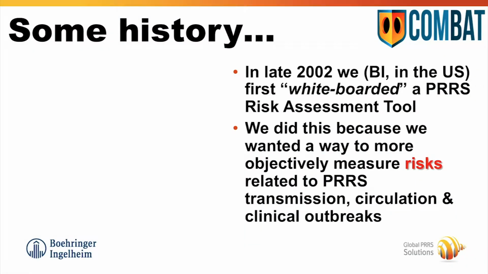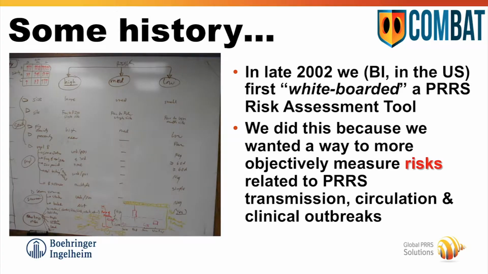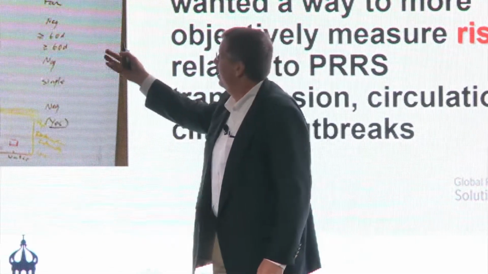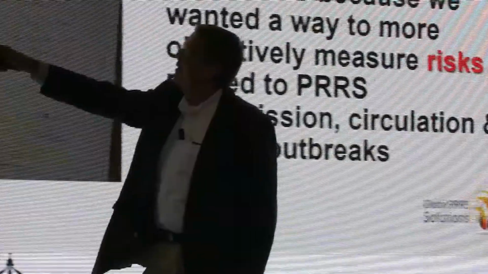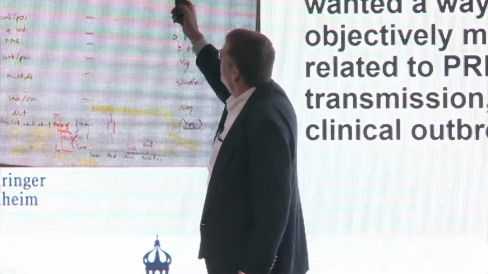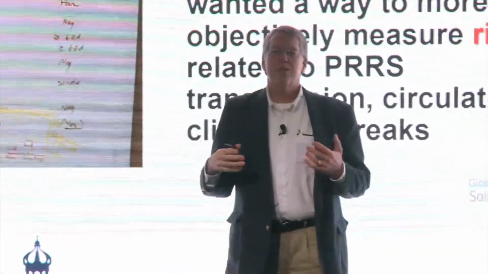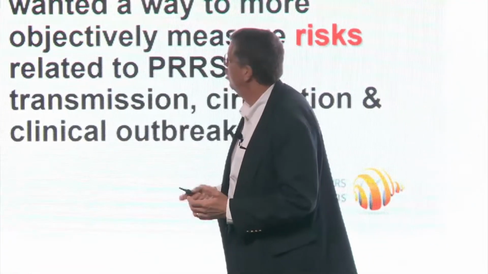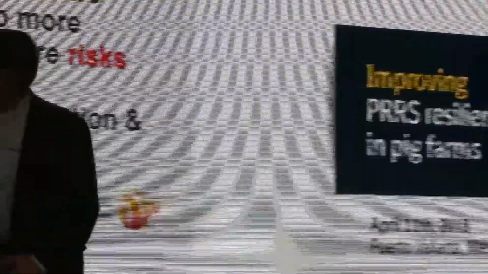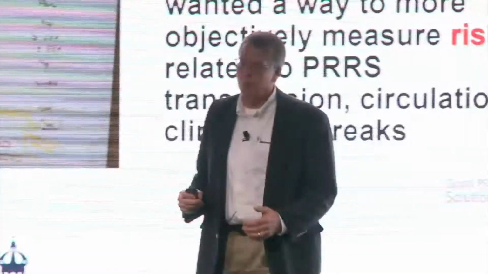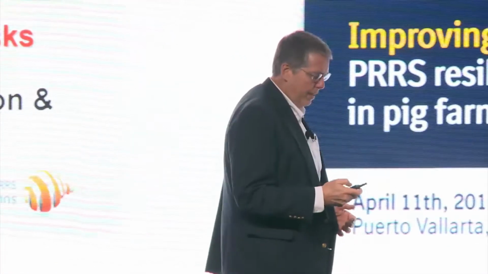So to help us craft a tool to better understand transmission circulation and clinical breaks at those levels, we whiteboarded it. This is the screenshot of, this was in my office in Ames, and we started relatively simple. We had columns that represented areas of high, medium, and low risk, and as you look at the rows across here, those basically were the risk factors, and so then each column, high, medium, low, were the levels of risk. We even attempted to craft some crude, what do we want the results to look like? And so that, we'll call that version 0 of the risk assessment.